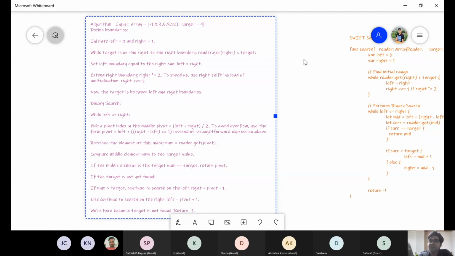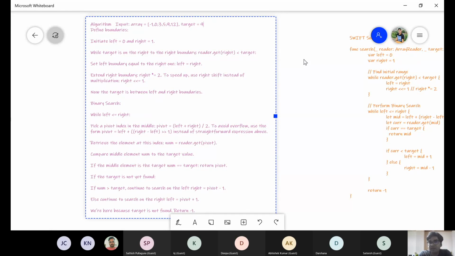Instead of dividing the array by half, to find the right or high we multiply by 2. Initially it's 1, then multiplying by 2 gives 2, then 4, then 8. It varies in multiples of 2 only, which is going to be in logarithmic time.